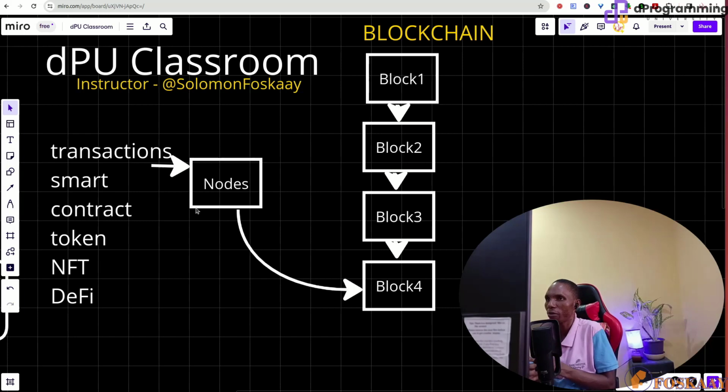If you are the first miner that figures that out, then you mine the next block and it gets added. At the same time, you get a reward in Bitcoin and things like that. So when you look at other blockchains like Ethereum